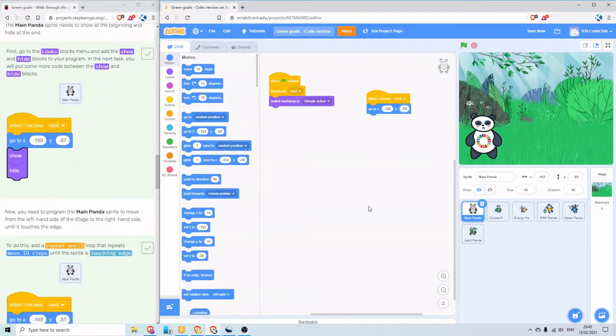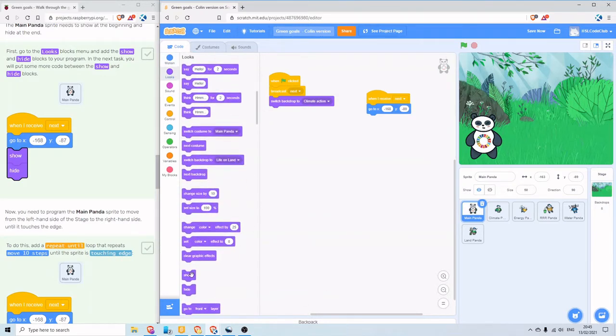And then we want him to do a show and a hide. So under looks, we're going to go for show, and I'm just going to pop hide down below because I don't want to use that just now. So let me just move our Panda somewhere over here. When I click on this block, that's going to be our starting position for our Panda, and if I press the green flag,